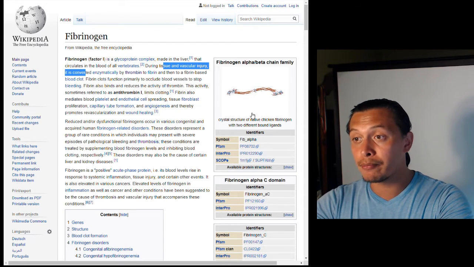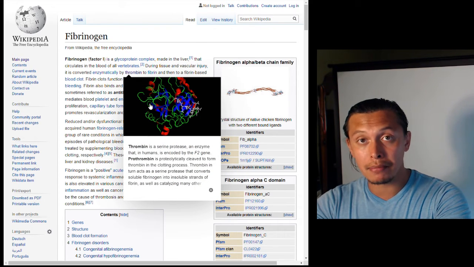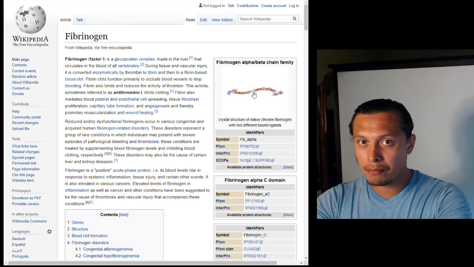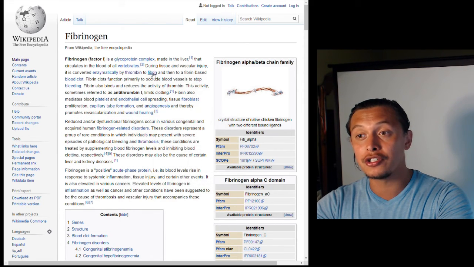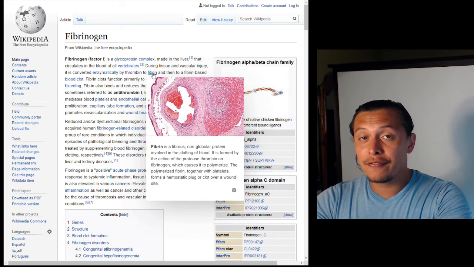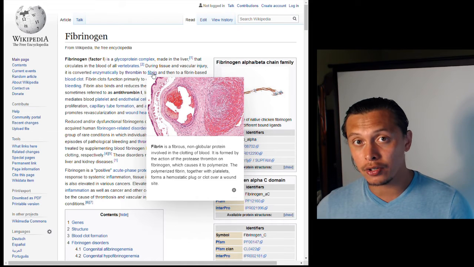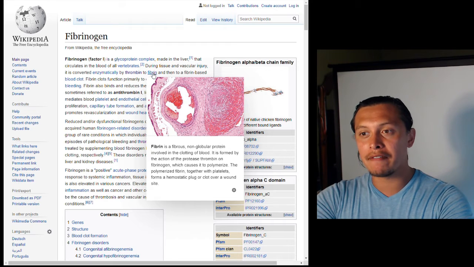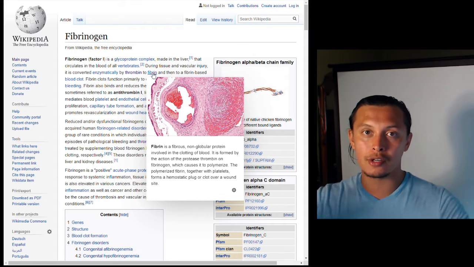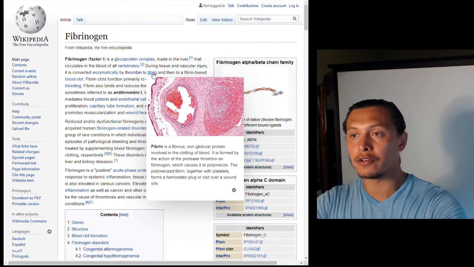Basically, this fibrinogen gets proteolytically cleaved by this enzyme called thrombin. When this fibrinogen gets cleaved by thrombin, it gets turned into fibrin. And then fibrin very easily will polymerize with other fibrin molecules, and this is what forms a clot. This clot is going to have a bunch of these fibrin molecules that are polymerizing with each other to form this much larger macromolecule, if you will.